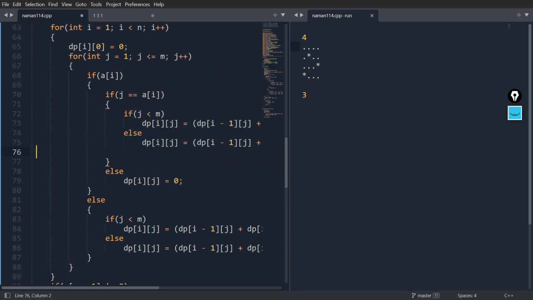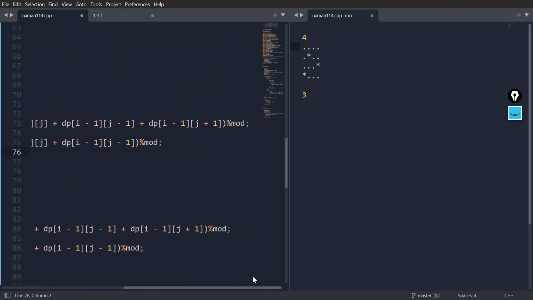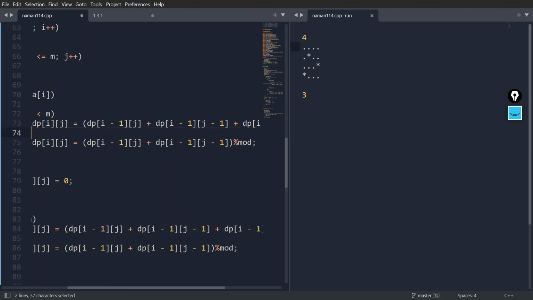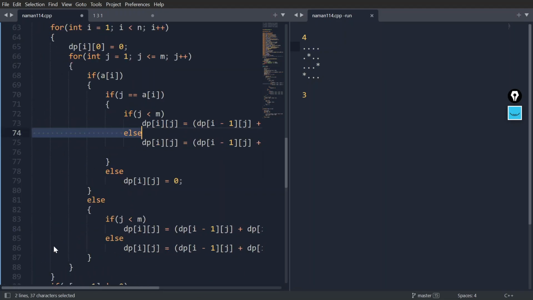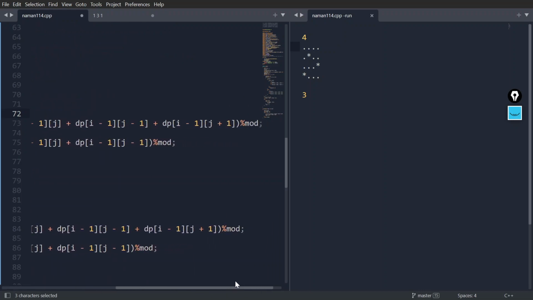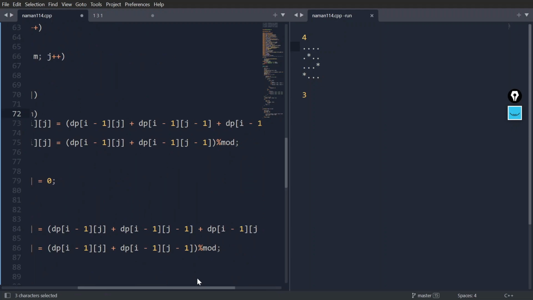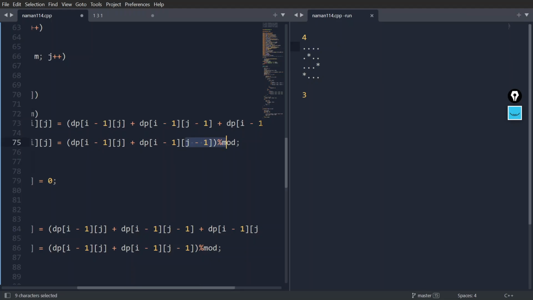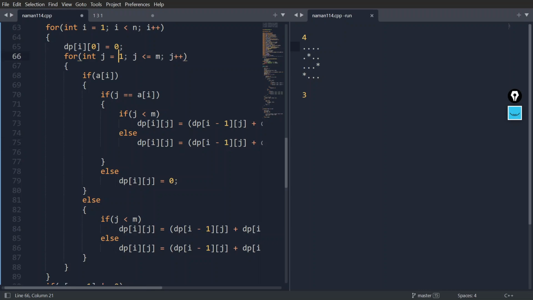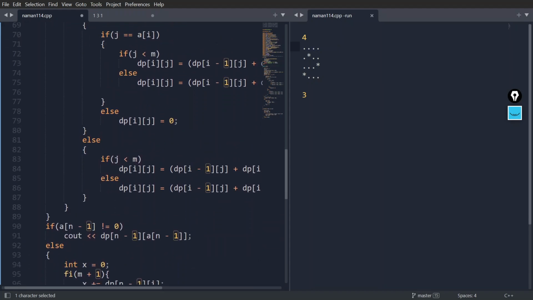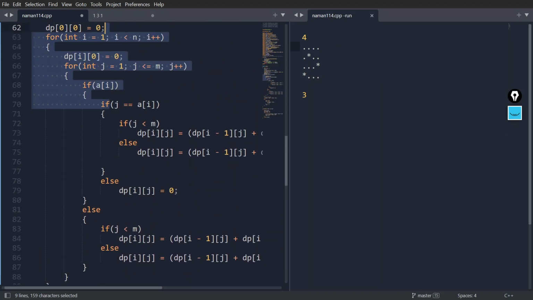And what do we have here? What we have is that our j plus one should not exceed our limit. J plus one should not cross n, so j should be less than n. If it is less than n, then we are considering all three possibilities. If it is not, then we are considering only two possibilities, that we can have a number one less than j, or we can have a number equal to j. These are the two possibilities only. We have started our loop with 1, so we don't need to think about j minus 1 because that would always be positive. If our j is not equal to a[i], then we would just mark it as 0.